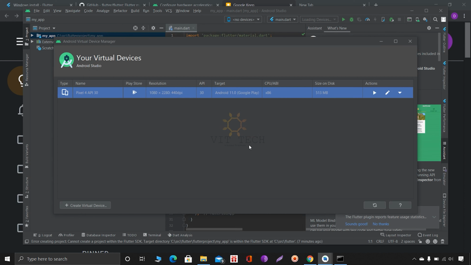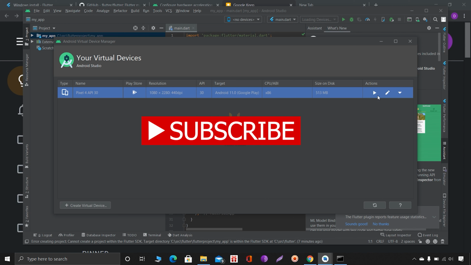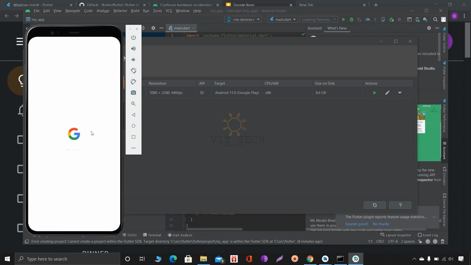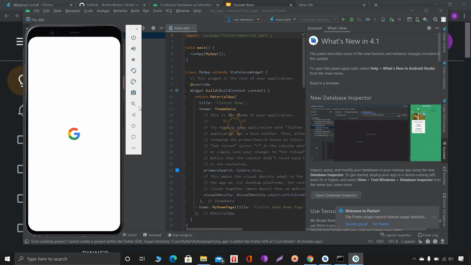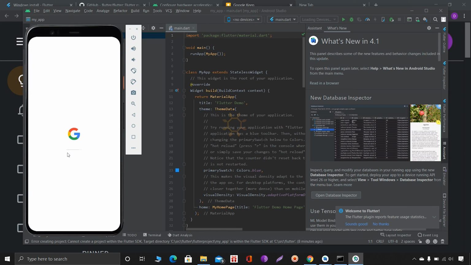So this is the virtual device we have created. Now to run this, you can launch the AVD in the emulator. The first device is running now. We have to wait, then only it will come. After running, it is running now. Here you can see that line is going on. So it is running the device.